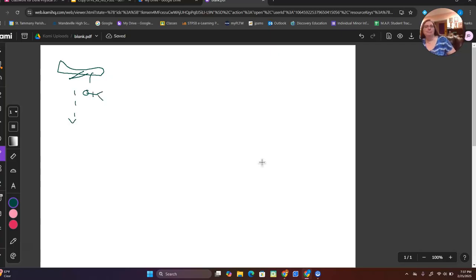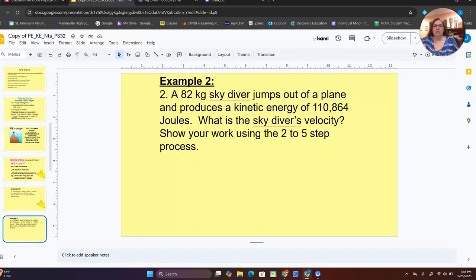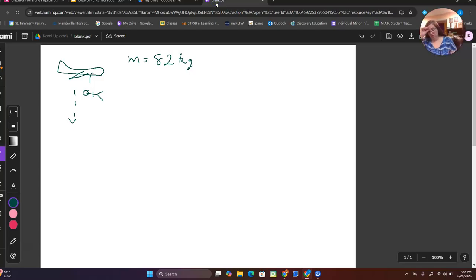I know the skydiver has a mass of 82 kilograms. And I know that right before they hit the ground, or right before they deploy their parachute, they have a kinetic energy of